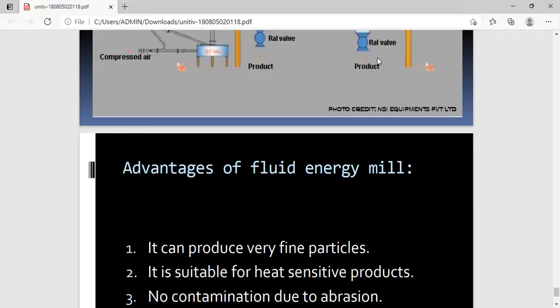Similarly, if you want to reduce further than 0.5 mm to a size of say 500 microns or 1000 microns, then we do secondary milling. In secondary milling, we again use water, and the finished product of the first stage will be taken in, and the process repeats. There will be balls impacting, and due to attrition and impact, the grinding takes place, and the product coming out of the ball mill will again be classified using a classifier.